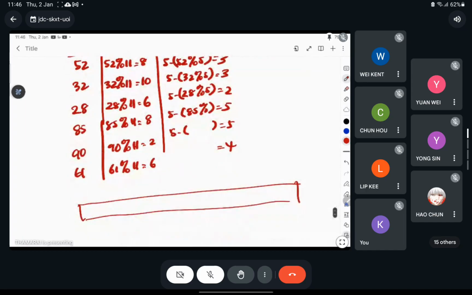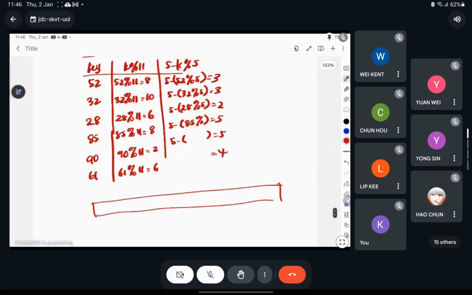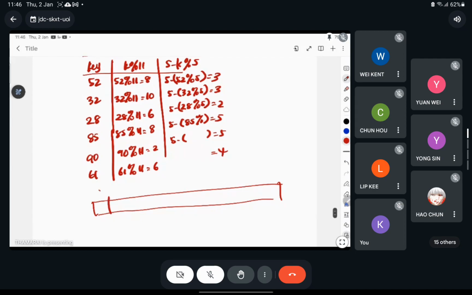Okay, table size. Table size is 11. Already given to you. Table size 0, 1, 2, 3, 4, 5, 6, 7, 8, 9, 10. Alright, 52, where do I insert? Index 8. 52. 32, 10. 28, 6. 85,